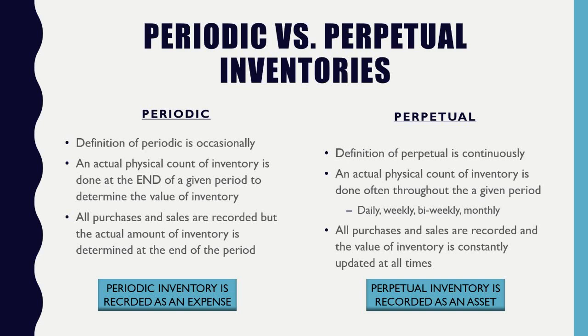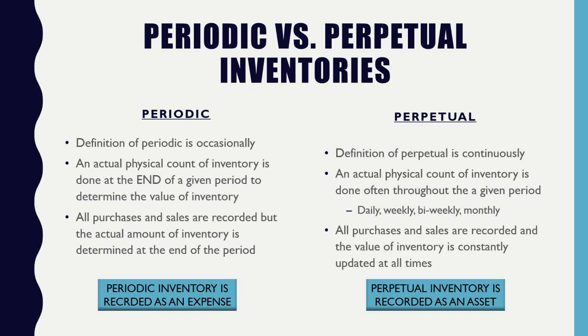Whereas perpetual inventory, we purchase it, we view it as inventory, and it goes straight to inventory automatically. Okay? So, for today, we're only going to be focusing on periodic inventory because it's much harder to